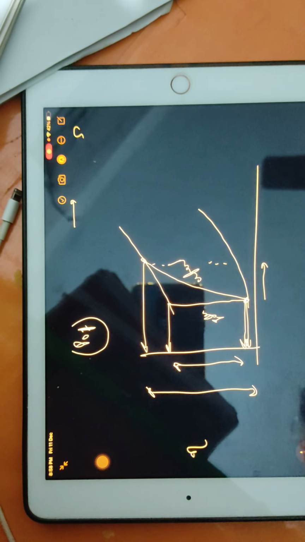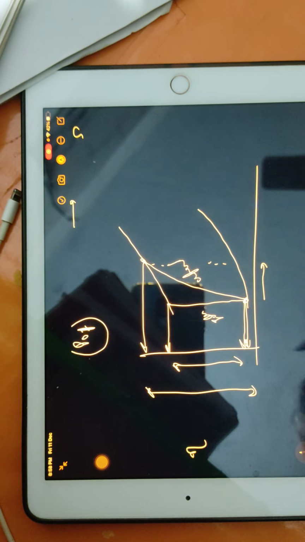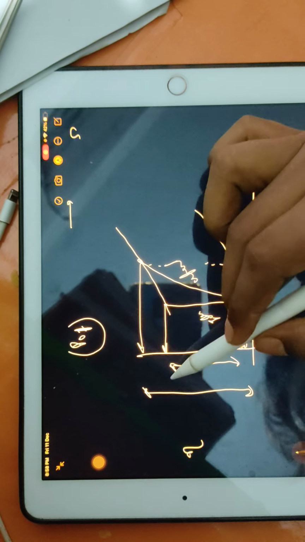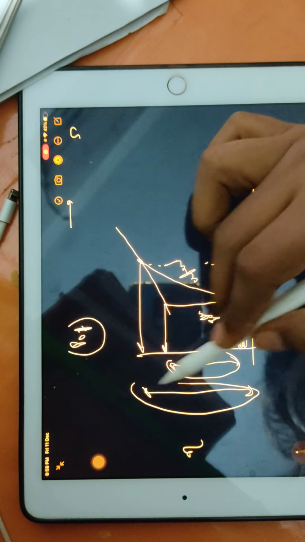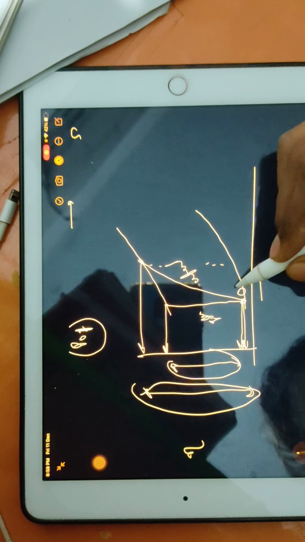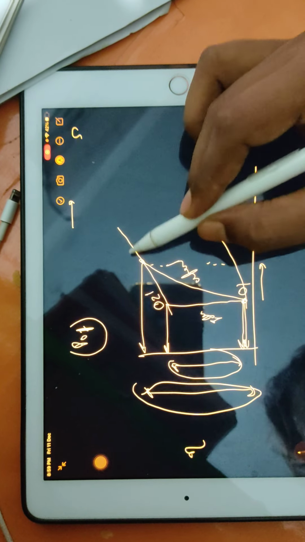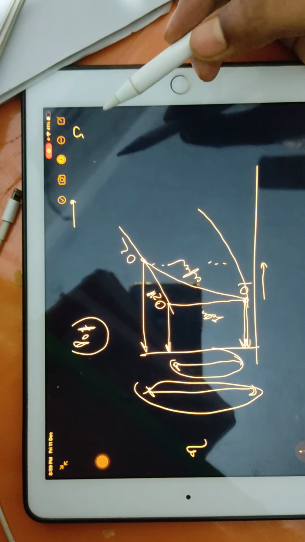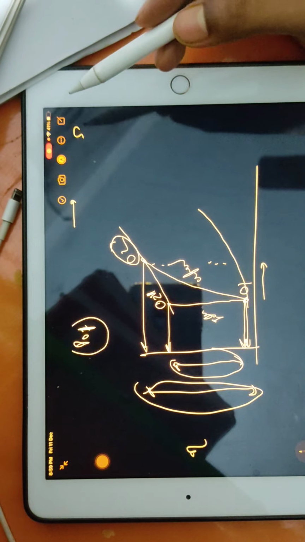Again we can find out the efficiency for the compressor. Efficiency should always be less than 1, so smaller by bigger, you subtract always. So this point is 0.1, this point is 0.2 dash, and this point is 0.2. We are using the dash because it is the ideal case, and this is the original case.